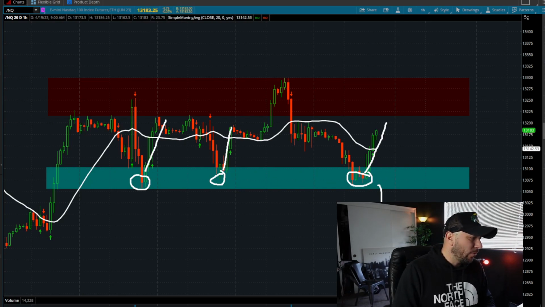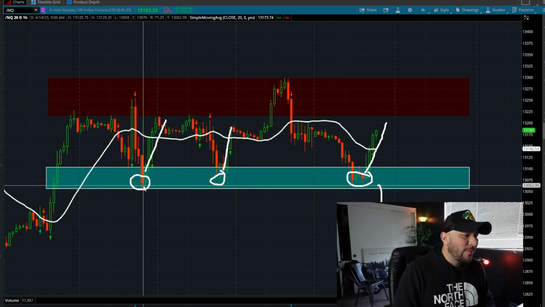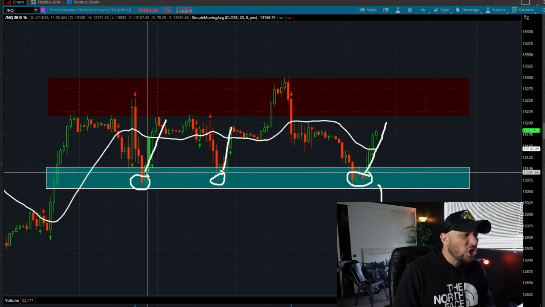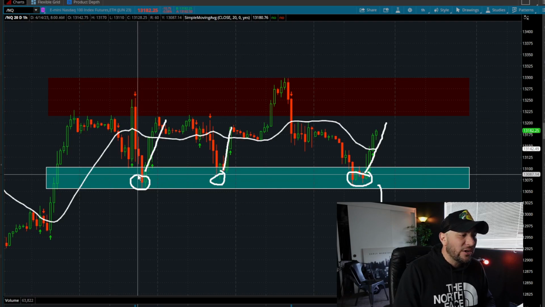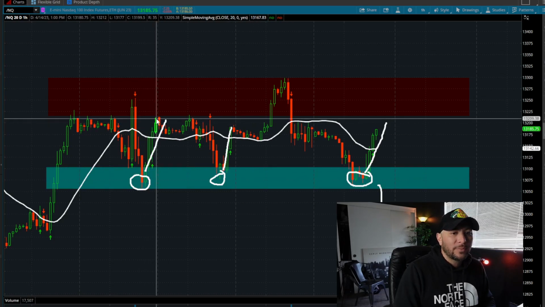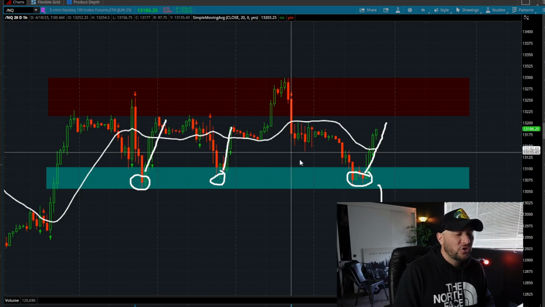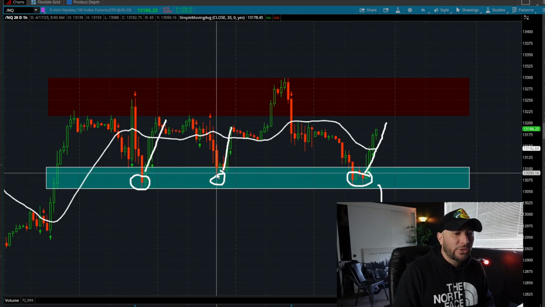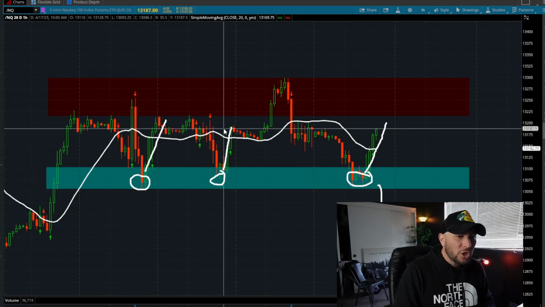For example, if we look at the first time we came into this range here, if you would have started accumulating anywhere in this zone here, and I'll just put it in the middle, let's say 13.089, we put in a one, two, three, four hour push higher all the way up to 13.200. That's an over 100-point move. If you would have got in here at 13.090, you would have got all the way up to 13.188,